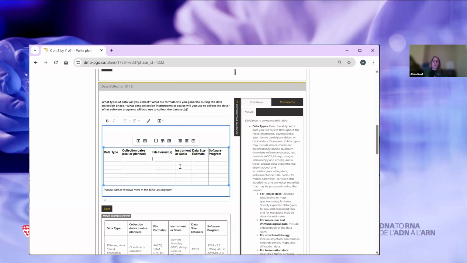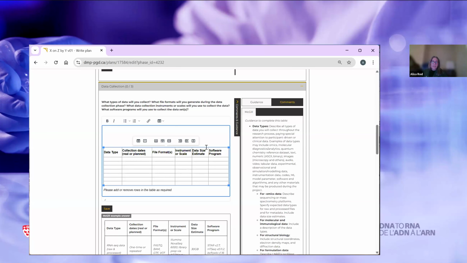So where that's possible, that's usually recommended to meet the FAIR criteria at the end of your project. It might not be possible depending on some instruments that collect data. That's also fine, but you might want to discuss that as a justification for not having an open format in that case. If it's collected using an instrument or scale, the size estimate could be important in terms of having